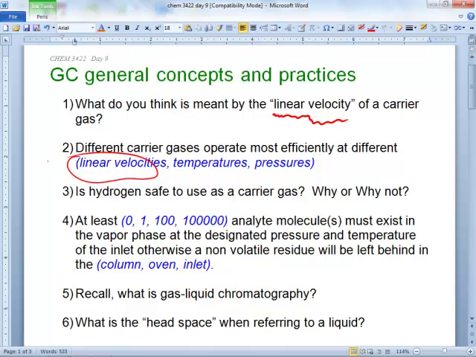Is hydrogen safe to use as a carrier gas? Yeah, we're using it, right? But why am I asking the question? So that if life happens, Alice has to drop out and join the fire department in San Antonio. She gets called to the fourth floor. She knows there's hydrogen tanks up there. Should she be worried? Yes. If there's a fire, yes. If there's a crack in